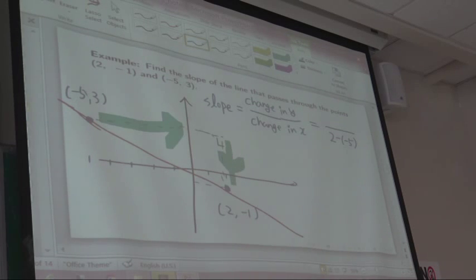But you just took those numbers randomly? No. Those are the given points, -5 and 2. Yeah, but the minus sign? Because for the difference or the distance you have to subtract. Like the distance between x equals 1 and x equals 4 is 4 minus 1. That's the change. Now for the change in y,